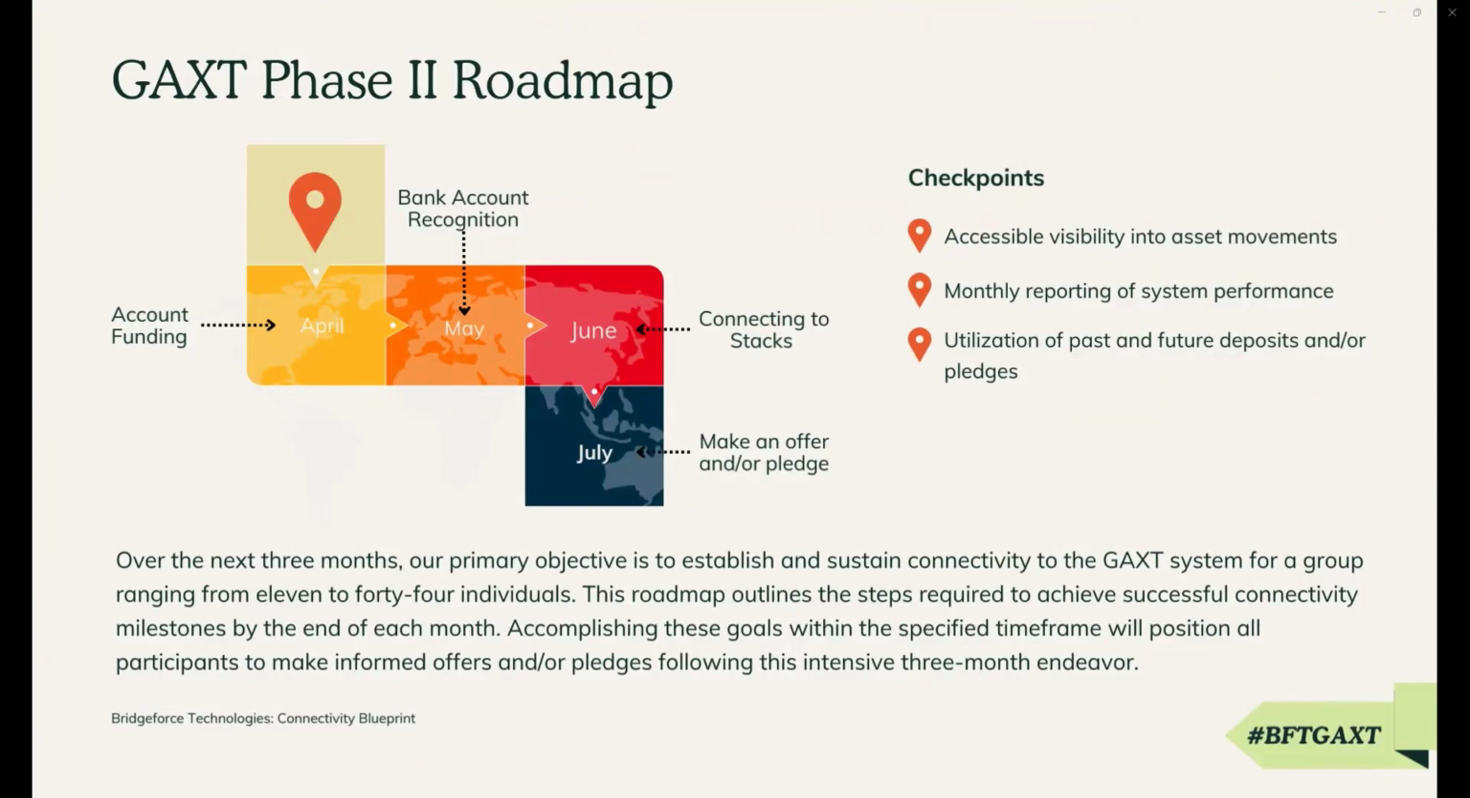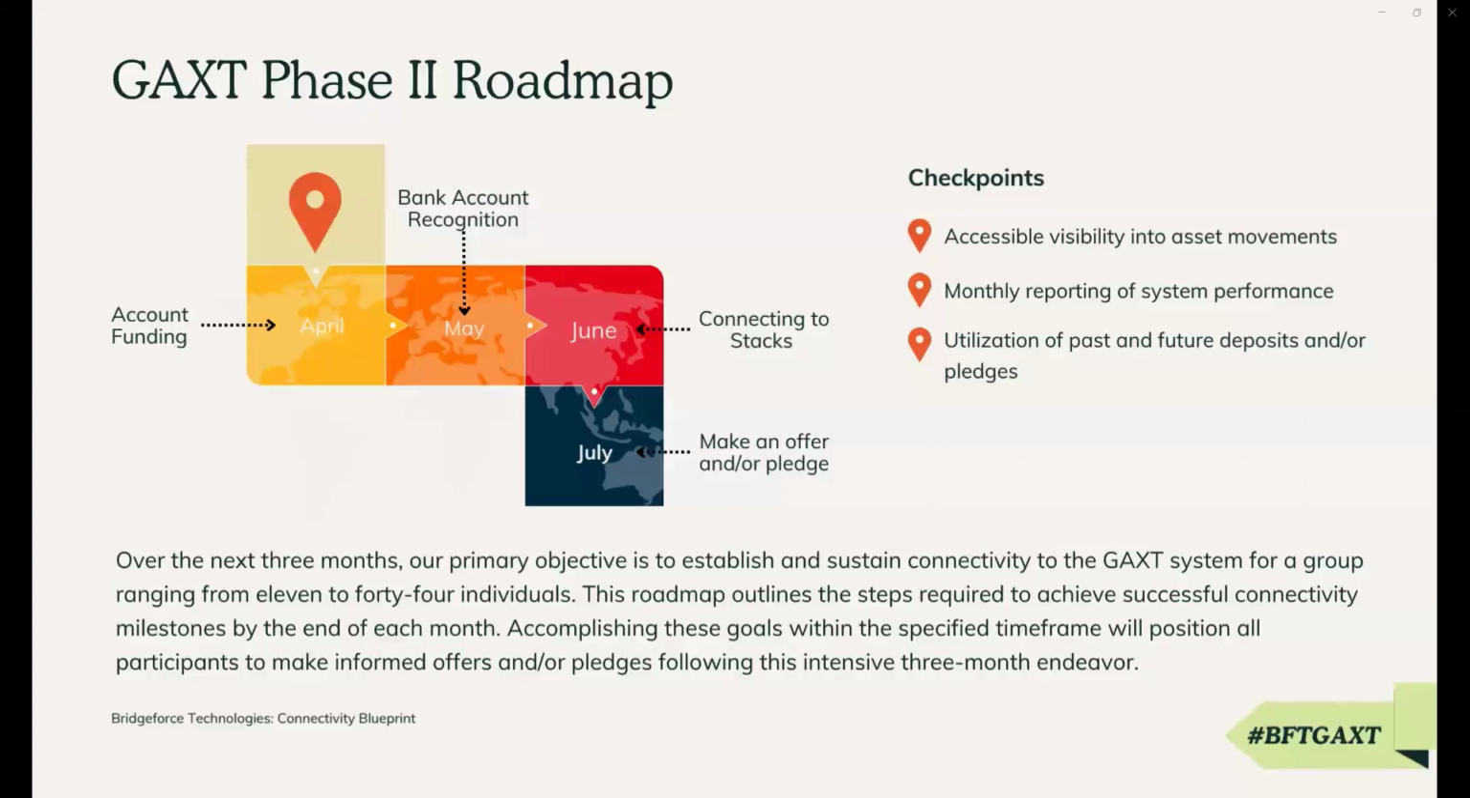Over the next 3 months, our primary objective is to establish and sustain connectivity to the GAXT system for a group ranging from 11 to 44 individuals. This roadmap outlines the steps required to achieve successful connectivity milestones by the end of each month. Accomplishing these goals within the specified timeframe will position all participants to make informed offers and/or pledges following this intensive 3-month endeavor. Now, if you take a look at the diagram above, we have visually depicted this journey beginning in